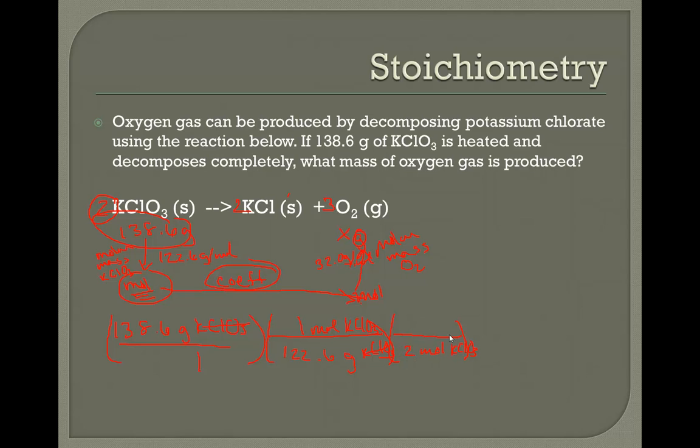I'm right here now in my plan. I need to go from moles to grams. So in 1 mole of O2, there's 32.0 grams of O2. What you're looking for will always be in the top of the last bracket. Grams of O2. So 138.6 divided by 122.6 times 3 divided by 2 times 32.0. Multiply that out and it becomes